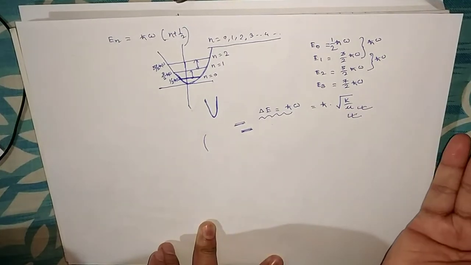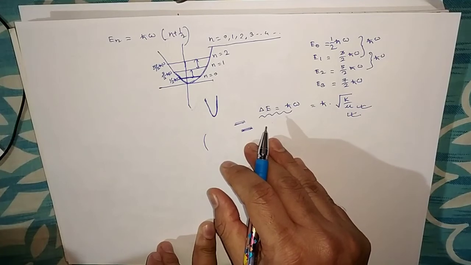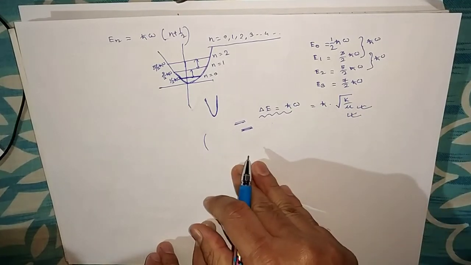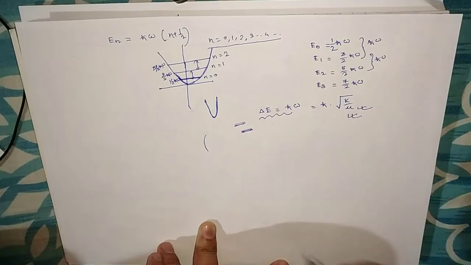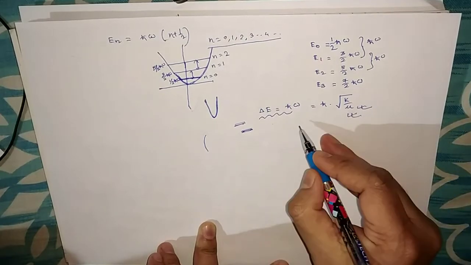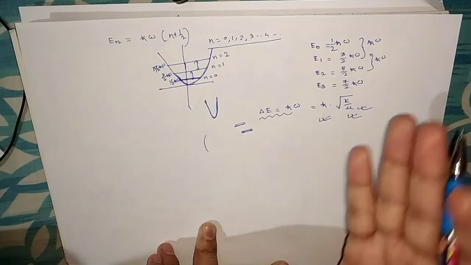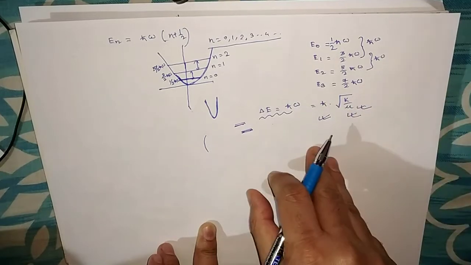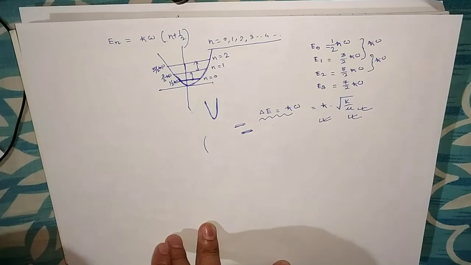But when the mass of the particle becomes very small, like at the subatomic level, the gap between two successive energy levels becomes very much distinguishable, and in that case the particle will behave more quantum mechanically. So this is one of the outcomes from the energy expression for the harmonic oscillator system.